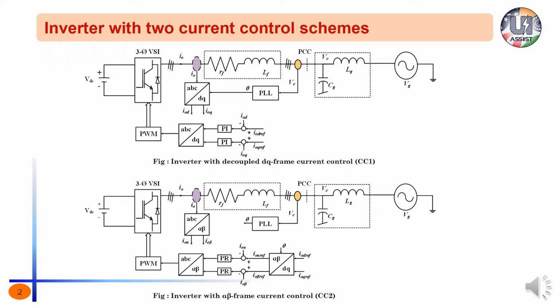Apart from that, since we are looking at a harmonic stability problem, I am very much interested in finding whether the PLL causes negative damping. If so, what is the frequency range in which it offers negative damping? So we will answer all these questions in the subsequent slides. Since harmonic stability is very much dependent on the external behavior of the inverter, that is the impedance or admittance of the inverter, we will develop impedance models, basically the small signal impedance models, and analyze the impedance characteristics of the inverter.